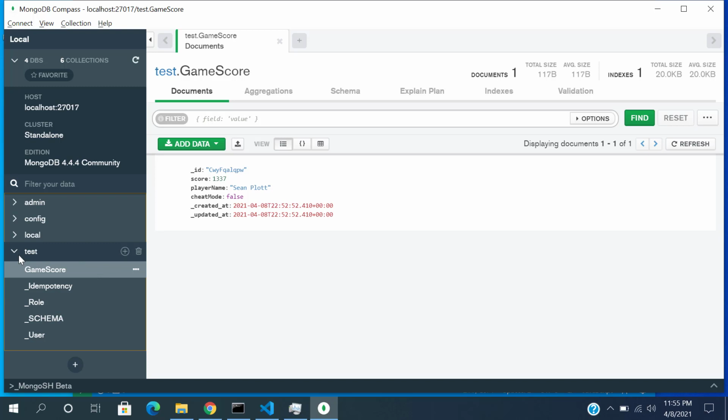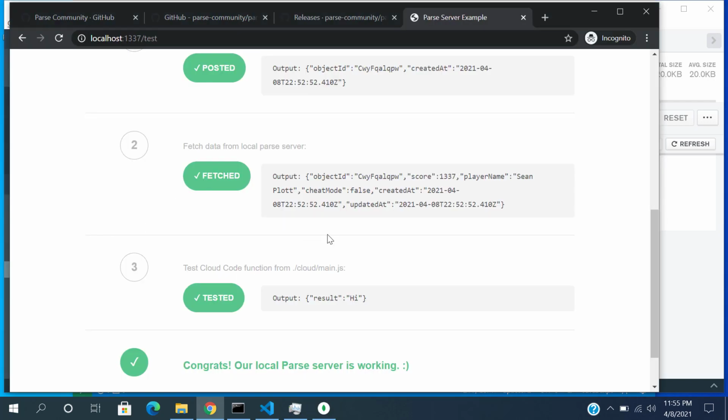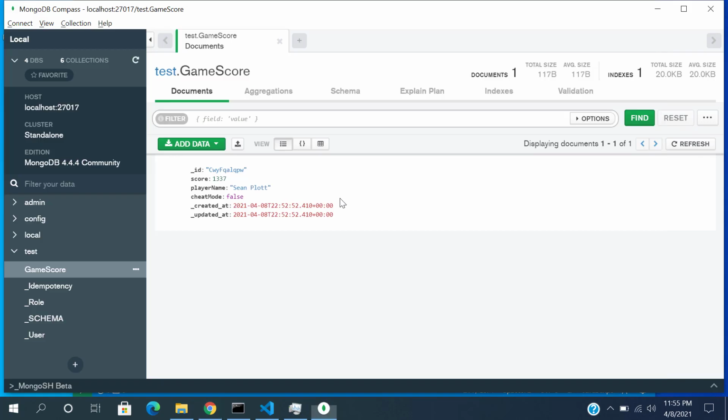And again, by default, MongoDB doesn't have any access control list. So that's why Parse Server was able to save this data into MongoDB without requiring any username or password, security or authorization. Okay,